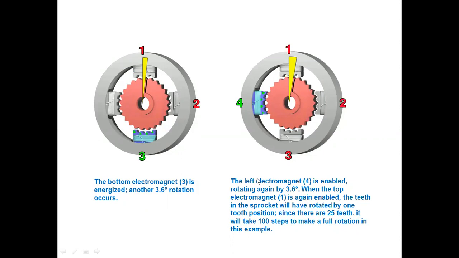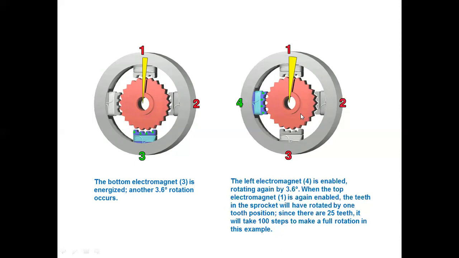Next, when the top electromagnet 1 is enabled again, the teeth of the sprocket have rotated by one tooth position. Since there are 25 teeth, it will take 100 steps to make a full rotation in this example. The total number of rotor teeth is 25, and 25 multiplied by 3.6 degrees...